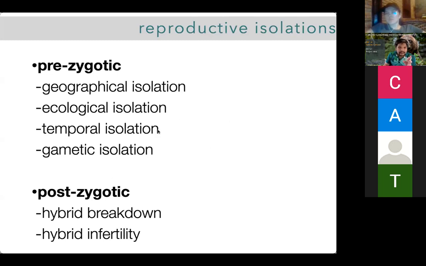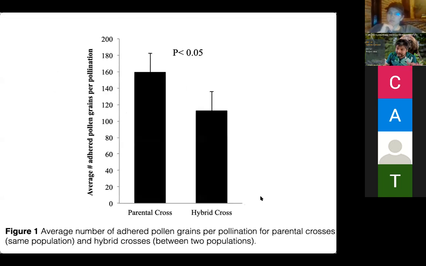I took out the mechanical, because plant mechanics always work with each other. So I'll have 4 figures like this. Figure one, you have 2 types. You have parental cross, which is basically